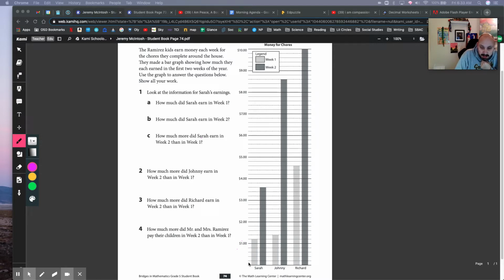So I have 1, 2, 3, 4, 5. So each dollar is split into 5 equal parts. So if a dollar is 100 cents, I'm just going to write this out real quick. Let's kind of write over here. So if a dollar